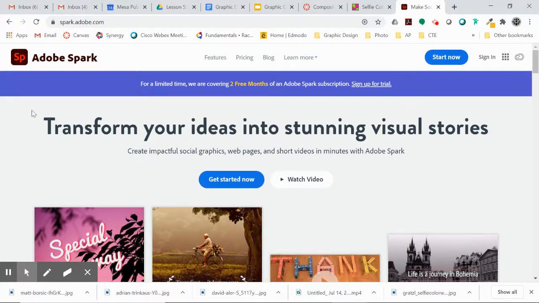So what you're going to do is you're going to go to spark.adobe.com. We're actually going to use this quite a bit this year. It's a free resource that Adobe creates that you can do video presentations, you can create website presentations, all kinds of really fun stuff. So what you'll do is you'll go to sign in